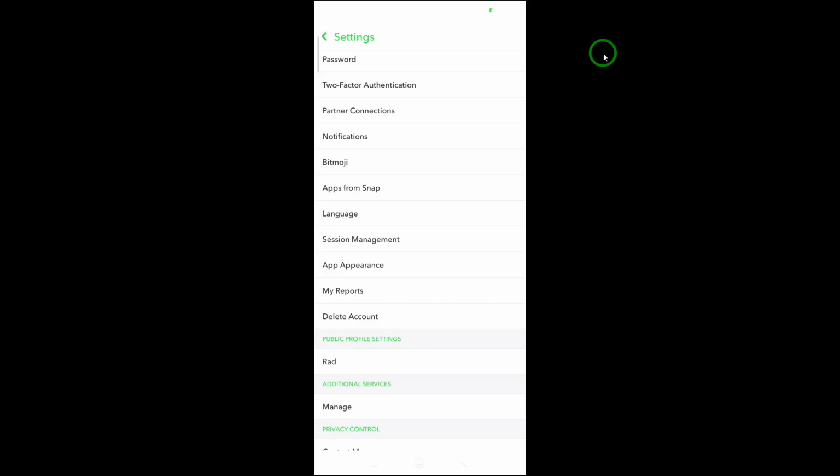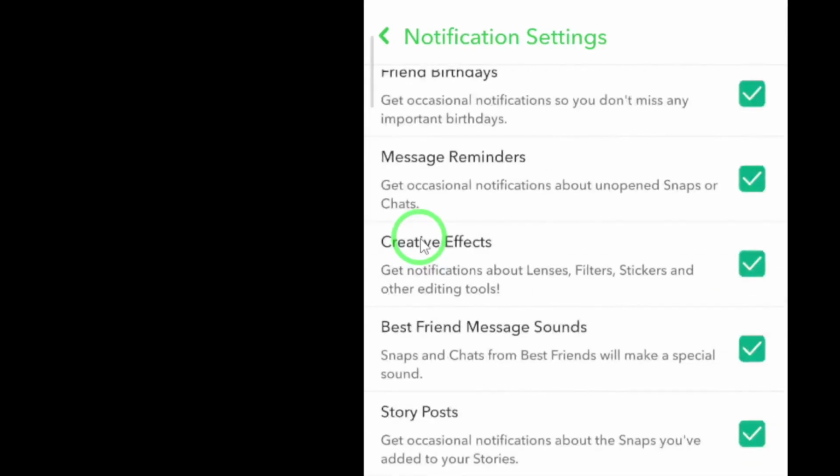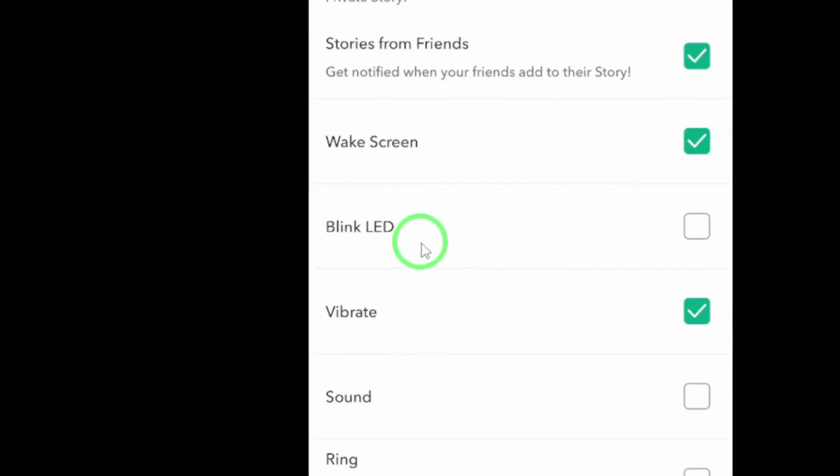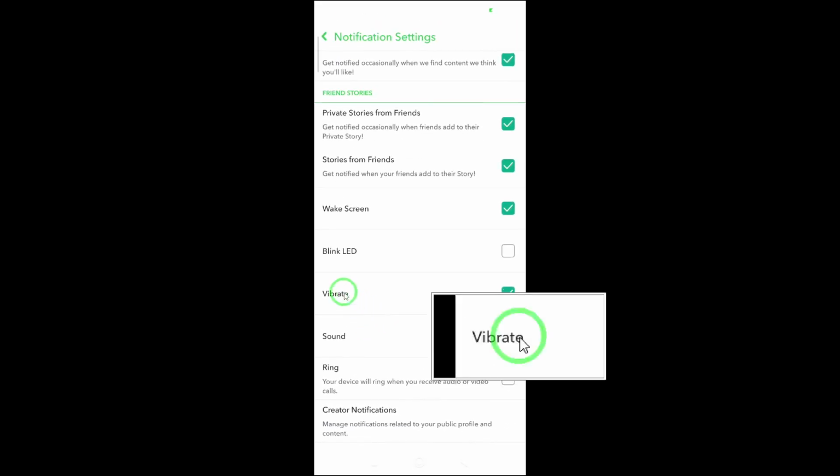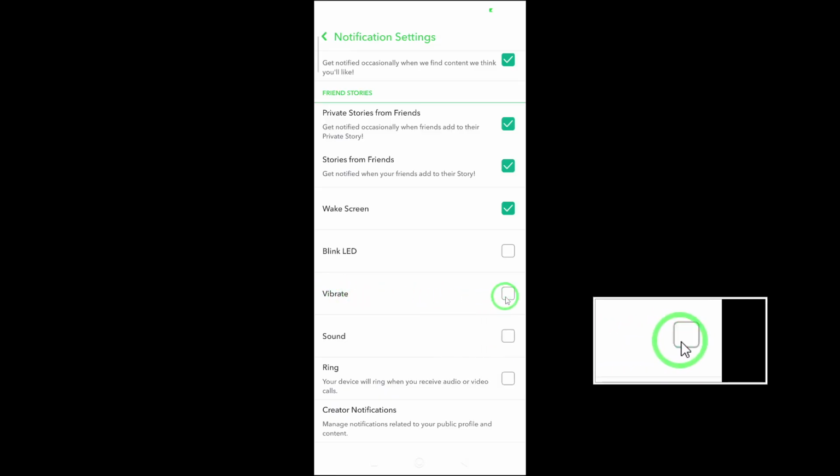Now that you're in the settings, scroll down until you see the notifications option. Tap on it to open up all the notification controls available for your account. Inside the notification section, keep scrolling until you find the Vibrate option. Once you see it, simply uncheck or toggle